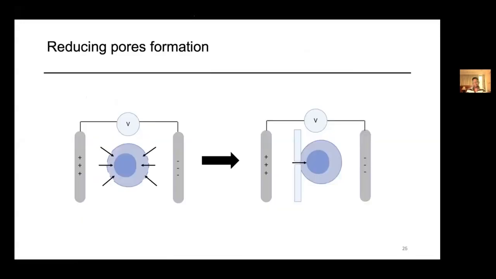So the idea we have is whether it's possible to localize the electric field at a very small spot, a nano-area spot. So the only area where the cell experiences the electric field is at the nano-size area, and the rest of the cell membrane will remain intact. Can we do that?